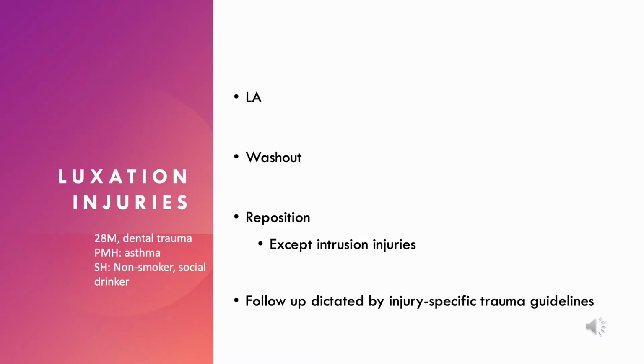As a general rule for dental luxation and injuries, you'll give some local, you'll wash out the site of the injury, you'll reposition the teeth, and the exception to this is with intrusion injuries, which we'll talk about. And then your follow-up should be dictated by the injury-specific dental traumatology guidelines. So when they're reviewed, what type of special tests they have, when they have radiographs, and how long the splint should stay on